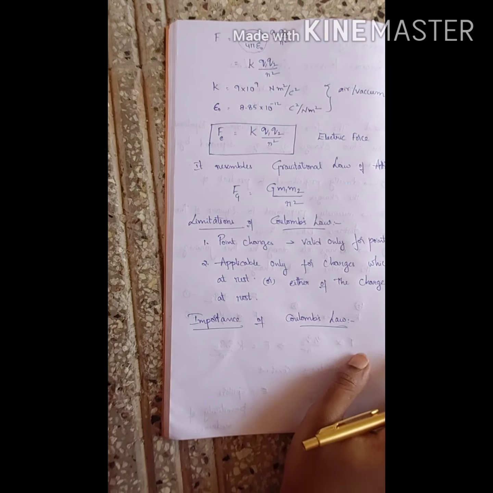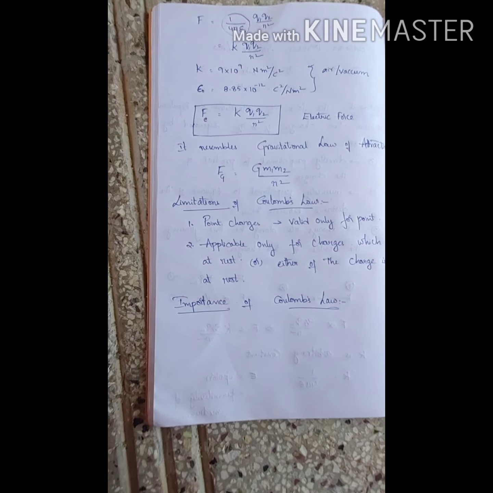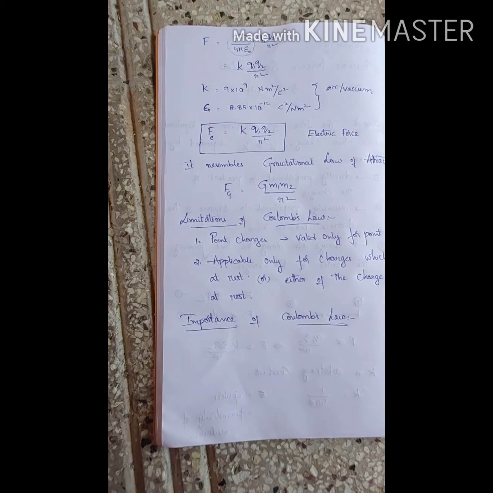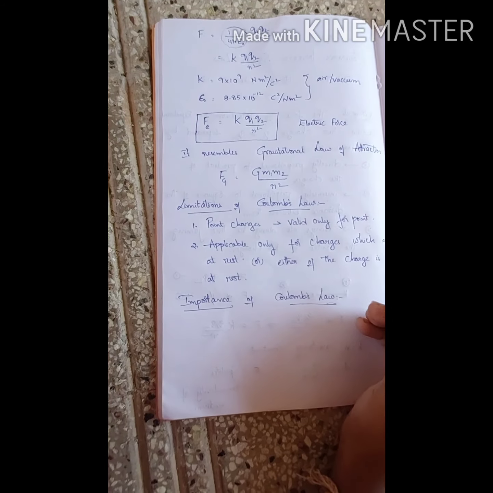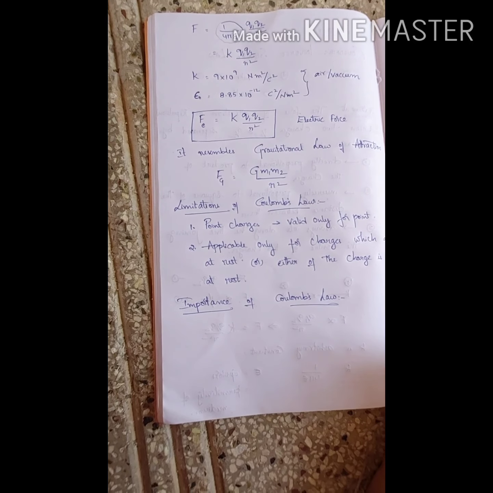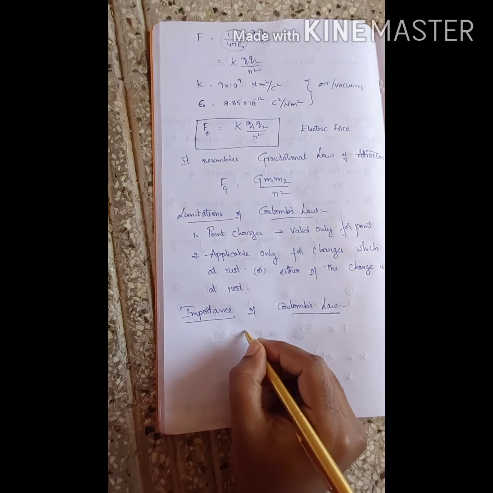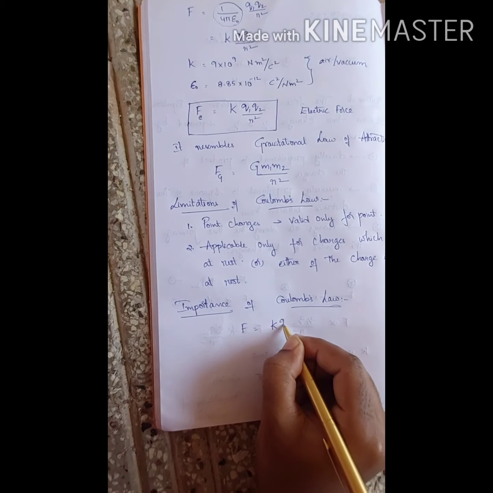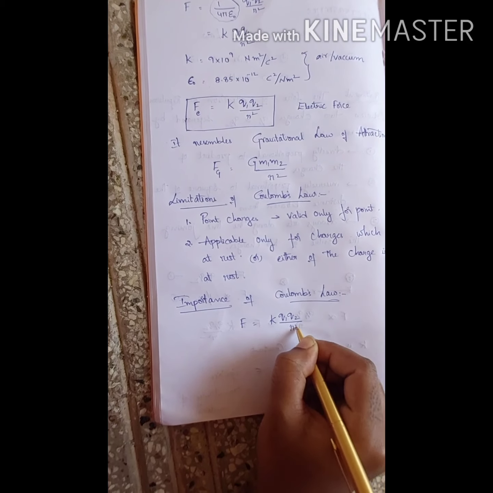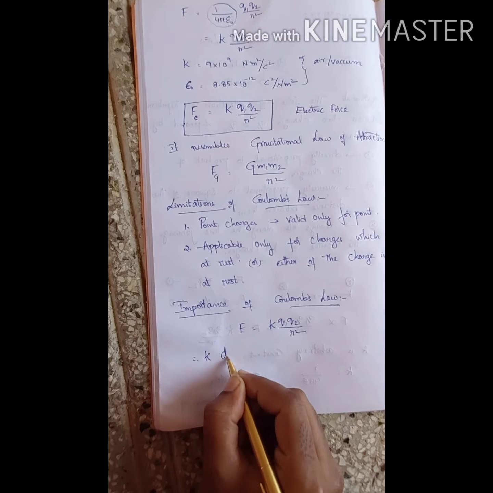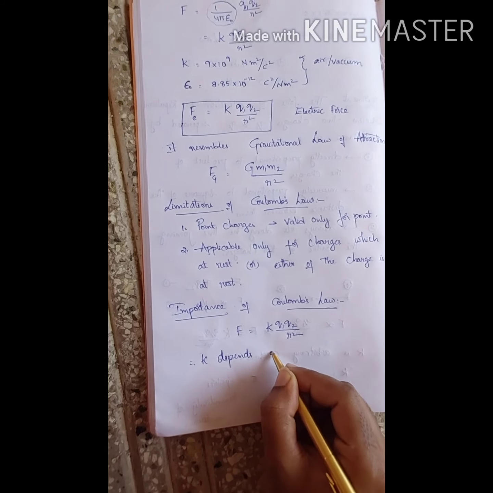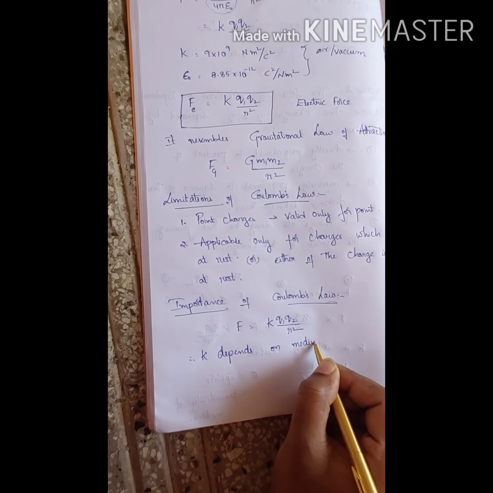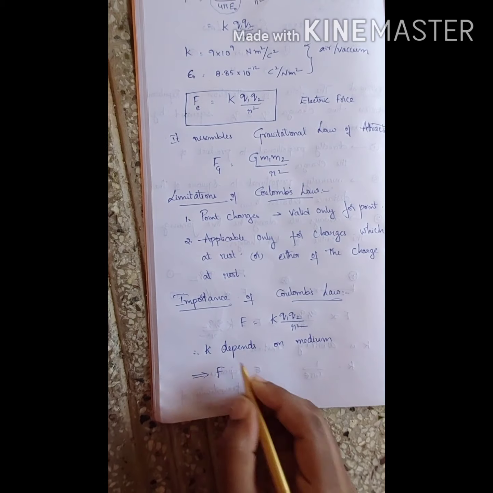So first of all, Coulomb's law is just talking about the magnitude of the force of attraction and repulsion, right? So what is the magnitude of force of attraction or repulsion? That is given by K Q1 Q2 by R square. The value of K depends on medium, which implies F value